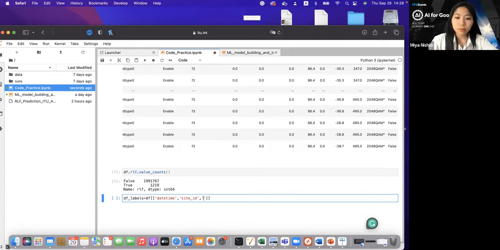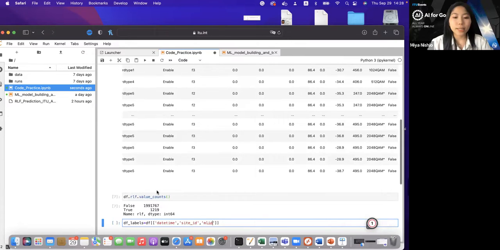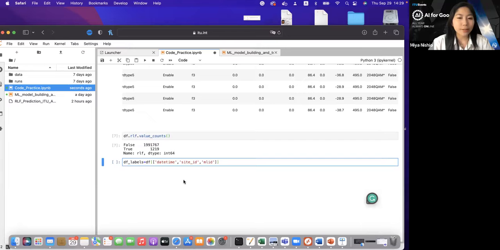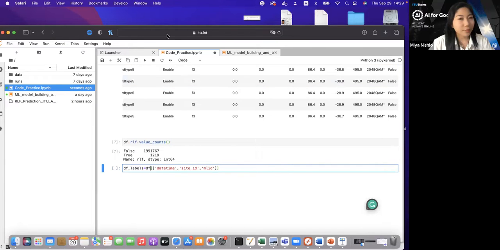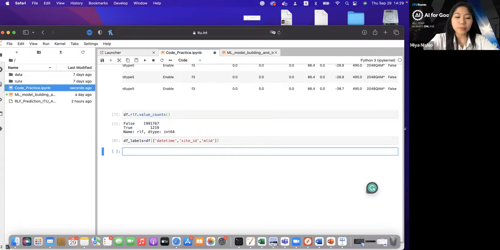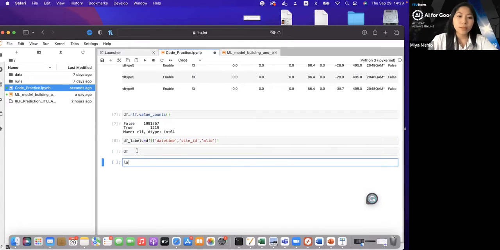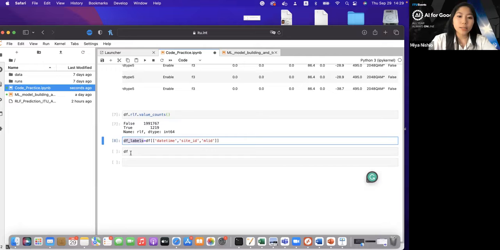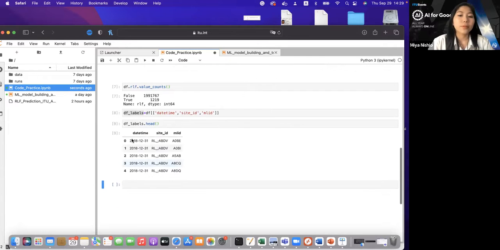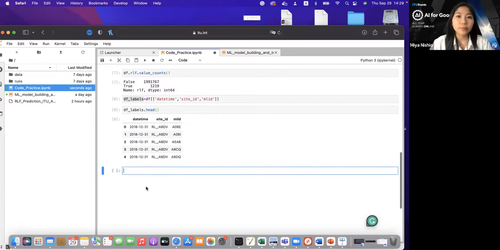And again, if you don't know what these metrics are, they're in the presentation, which I will attach later. But basically, these are just taking date time, site ID, and MLID. I've forgotten which one this is, but it should be just one of the few metrics of the ID. And just to see if that's gone okay. It's just taking these 3.